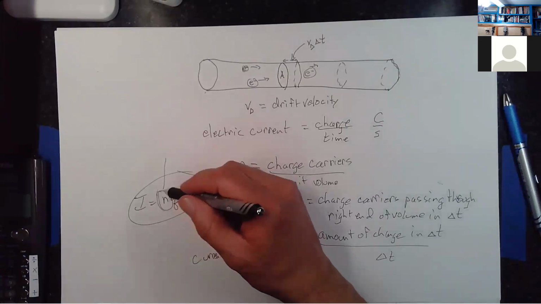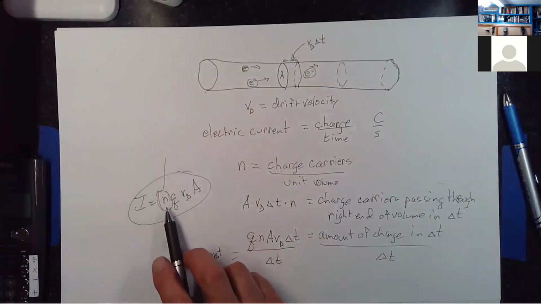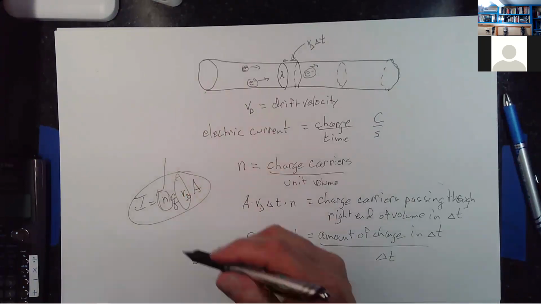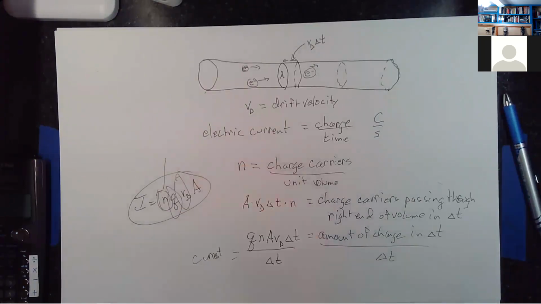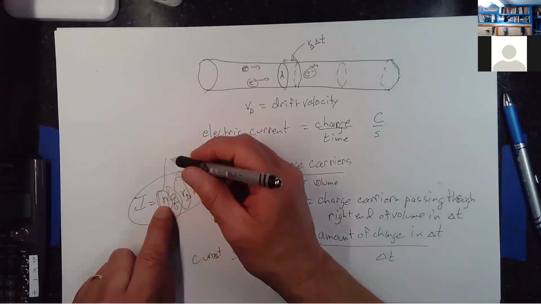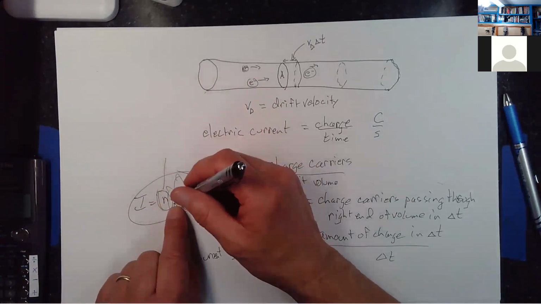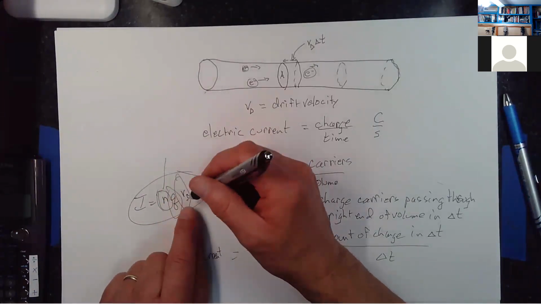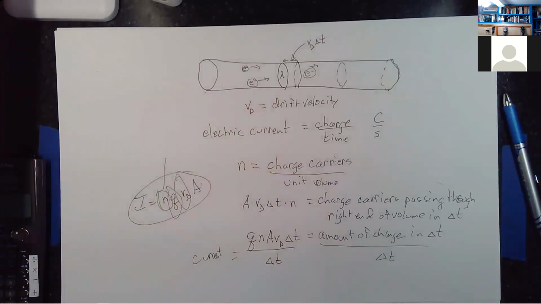It's this number being extremely high that can generate a fair amount of current, even though the drift velocity ends up being pretty small, and the charge on each one of these things is pretty small as well. The cross-sectional area of the wire is generally pretty small too, but it's the N being very high that allows for that. In fact,